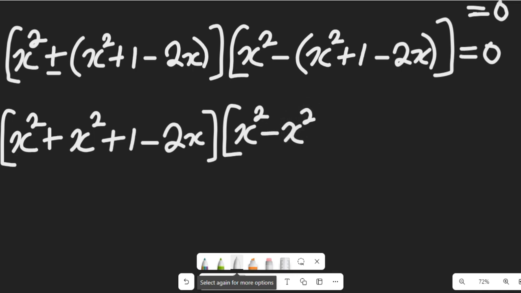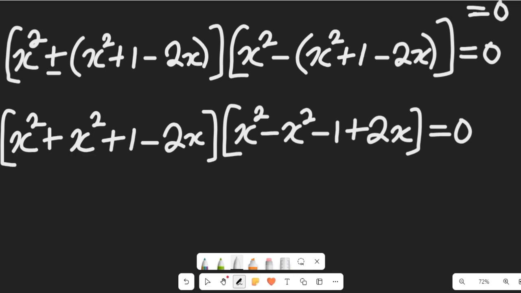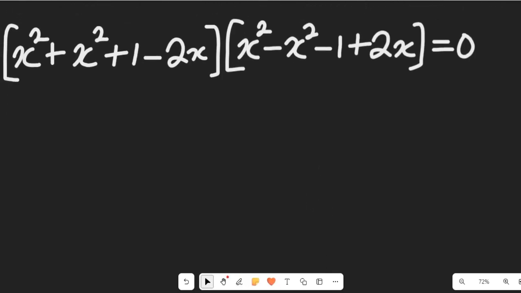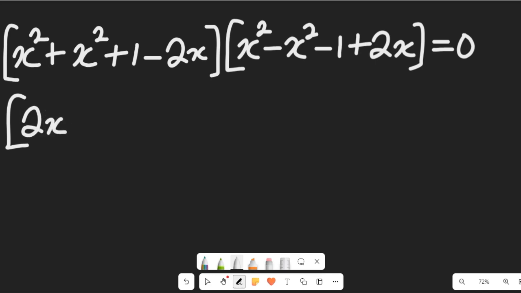Minus times plus is going to give us minus 1 plus 2x, and this will be equal to 0. Good. Now let's simplify this. From this expression, you come to see that we can easily simplify. This is going to give us 2x squared, right? So we'll have x squared plus x squared, 2x squared